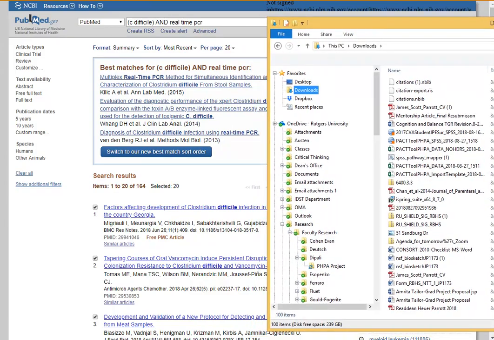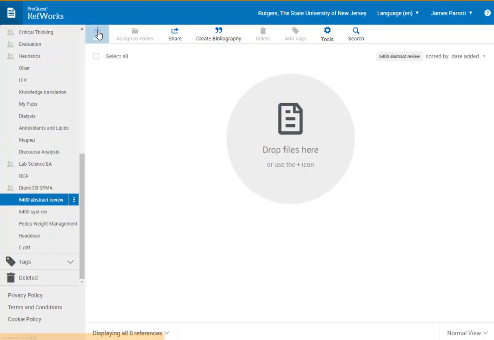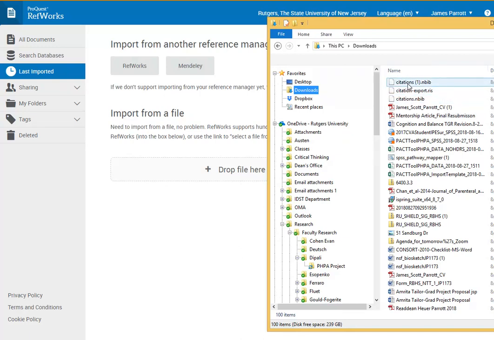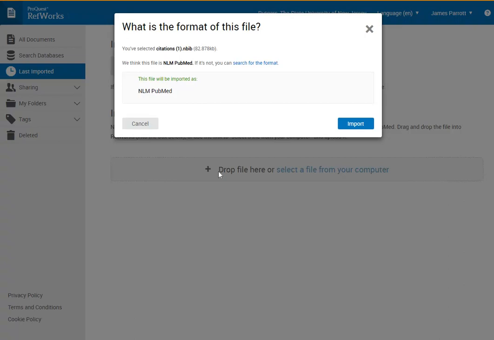Okay, so I'm going to jump back to RefWorks. I'm going to add, I'm going to import references. Then I'm going to bring up the citations that I just saved, and I'm going to drag and drop them there. Now